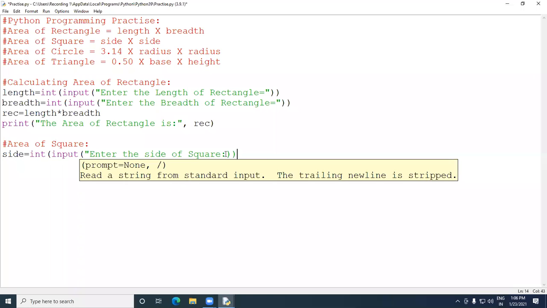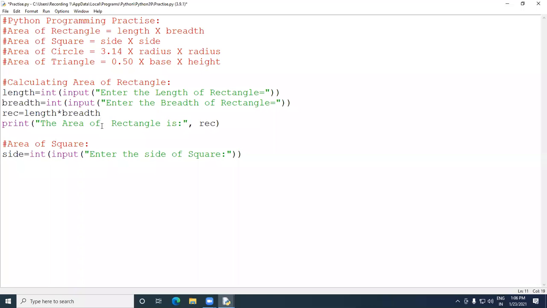What I am going to do is enclose it with parentheses. The area of the given square I should write that. Yeah, the area of given square is. Okay, so yes, side we have. Now we will calculate the area of square. So I am writing the SQR, in which I will apply my logic. The basic logic is side multiplied by side. Then I will print